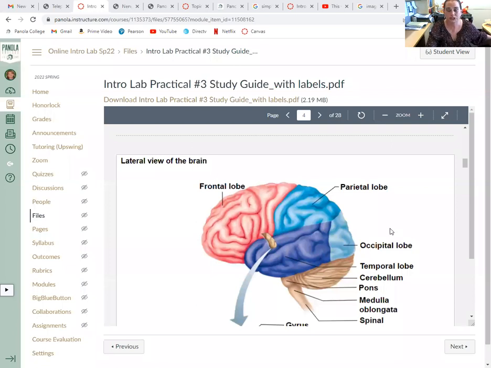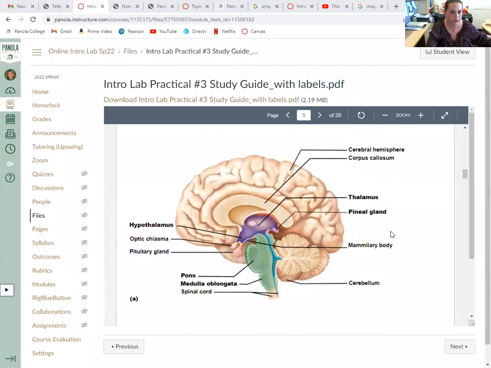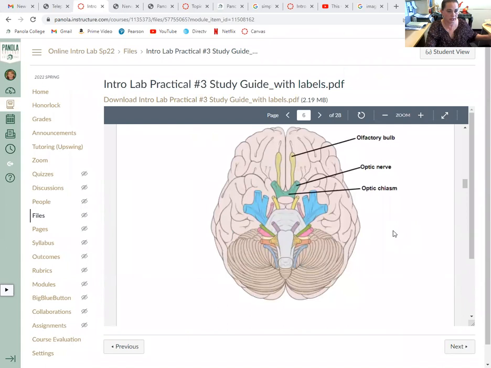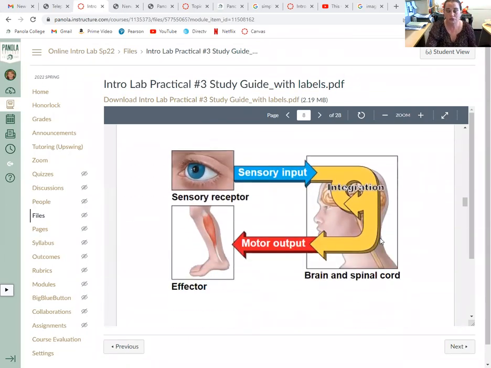Okay, so back to your study guide now. We've done all of that. Know this picture right here. We covered it in a lecture, so I'm not going to go over it in depth, but